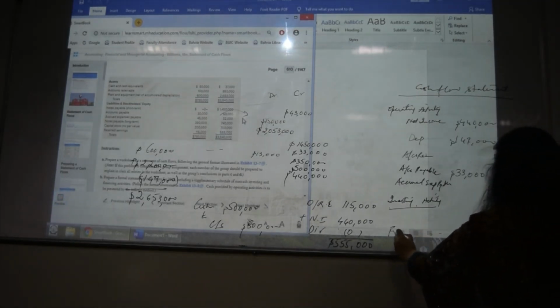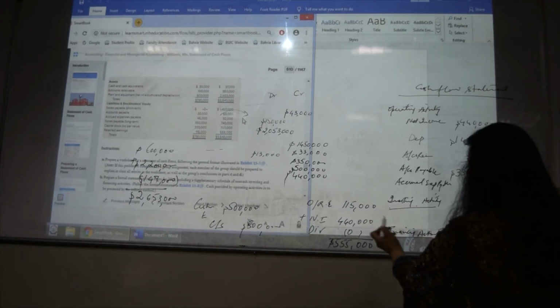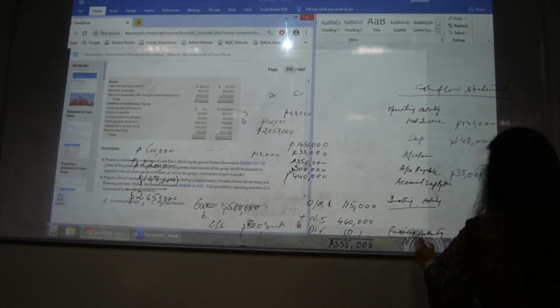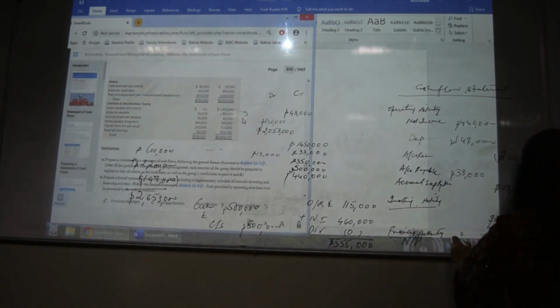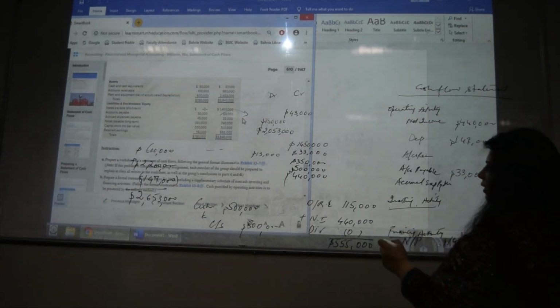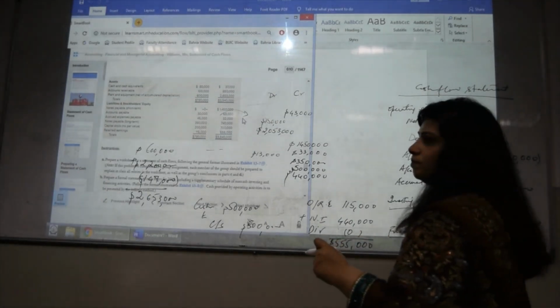So now we have financing activity where we have short-term notes payable, because that's a borrowed thing, and we are going to be having the amount as an inflow, 1,450,000, because that is what actually increased. Then we also have